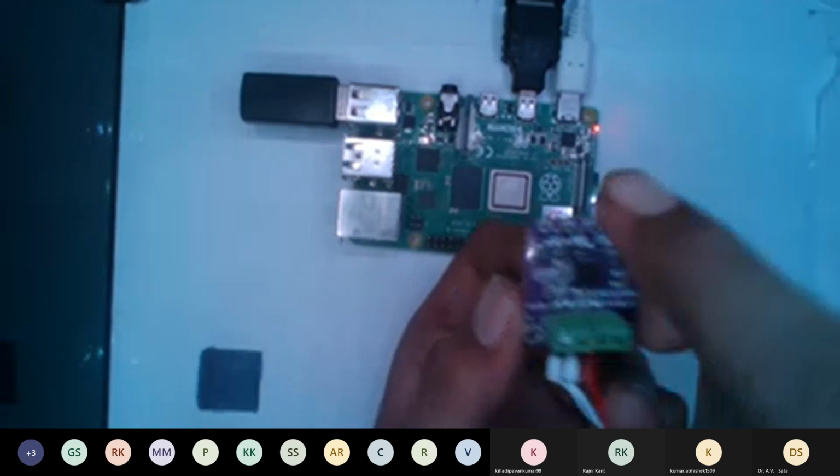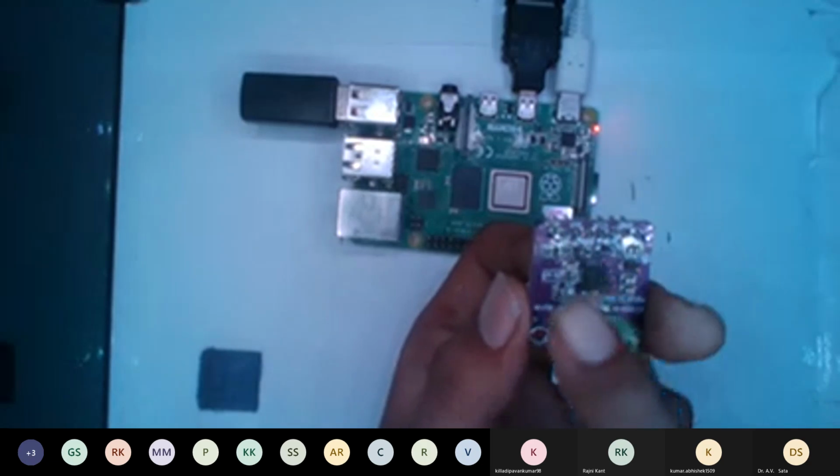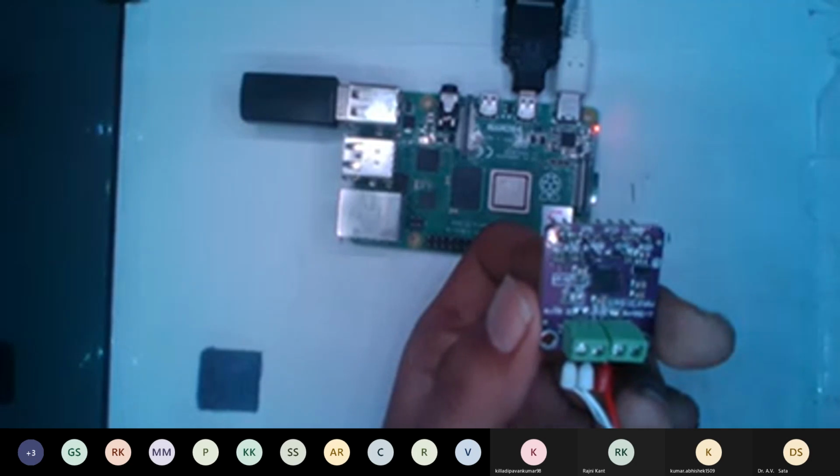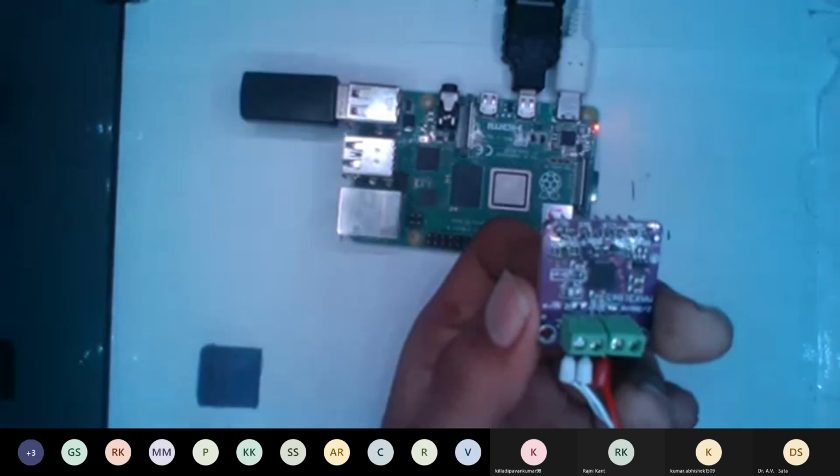These 6 pins are essential to connect this Max31865 chip to the Raspberry Pi. I'll just show you from where we can connect.